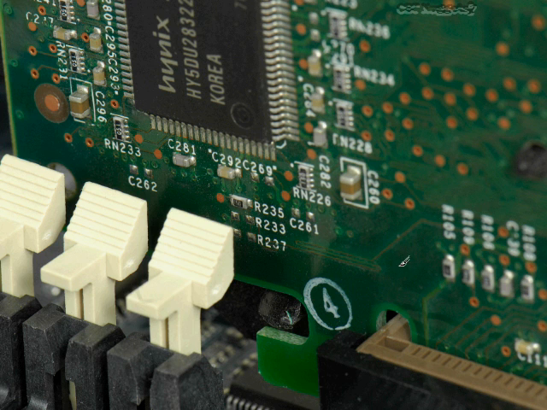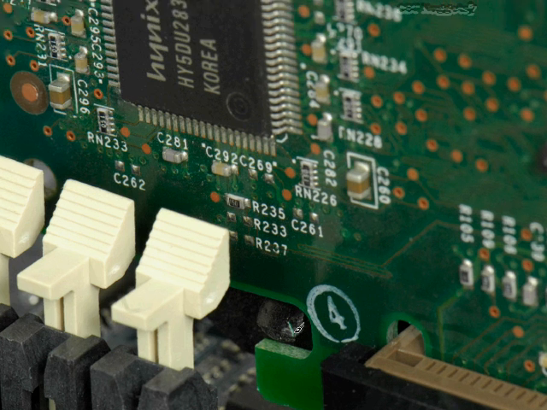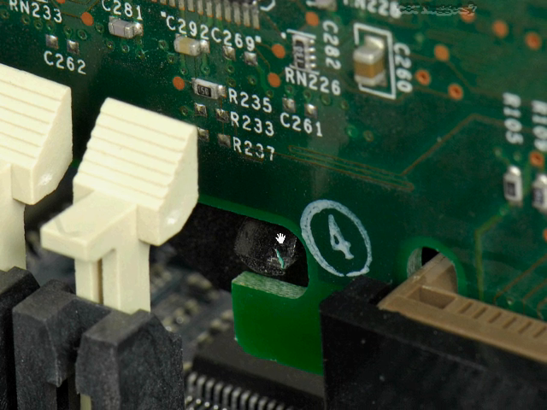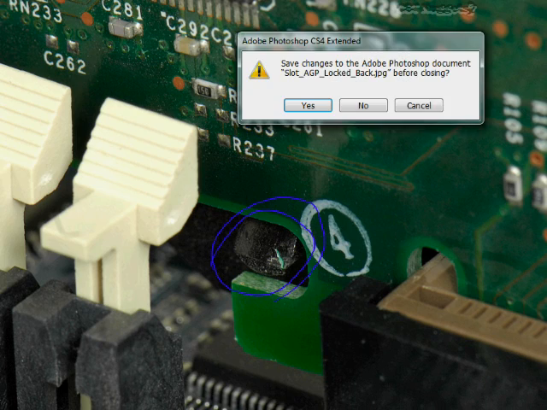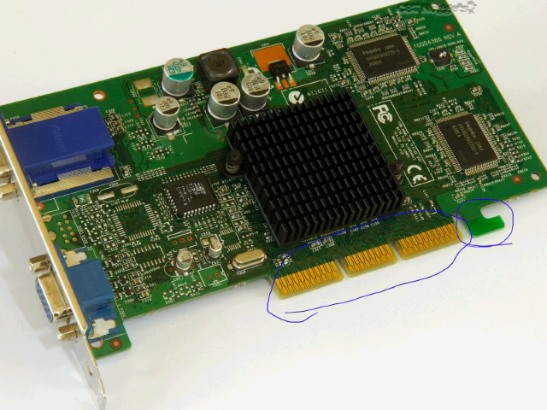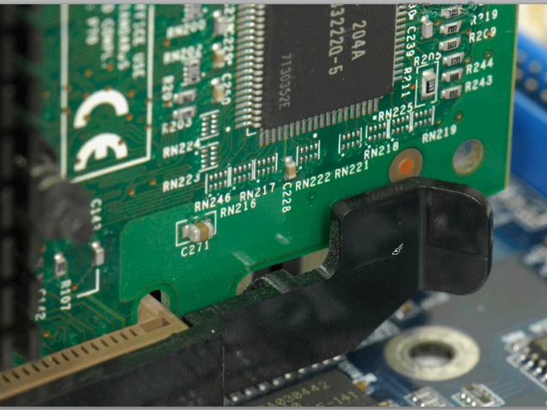And this is what it looks like from the back of it, so I'll move this in here again and zoom in a little bit further. This is where that little tab is locking that card into place. That's one side of it, and then the other side of it would be over here. This is the front side of it, and you can see the little tab here where you can push this back with your thumb and then release that tab that appears right here.